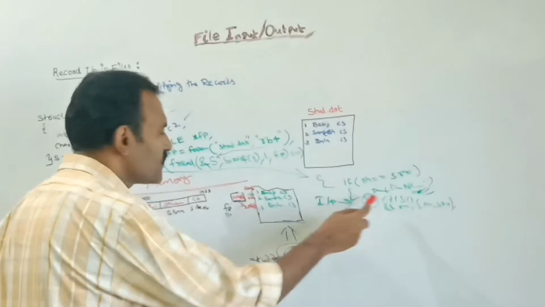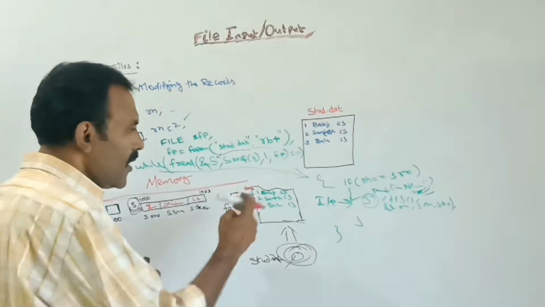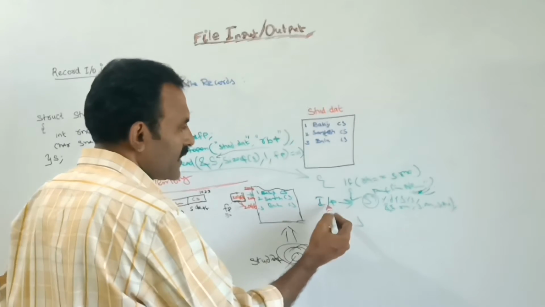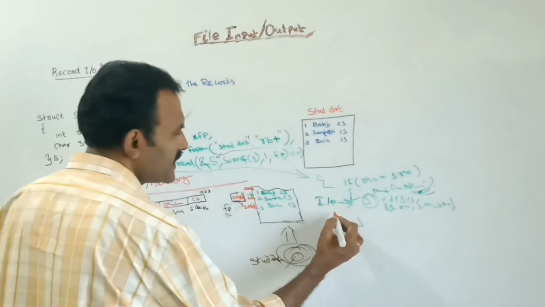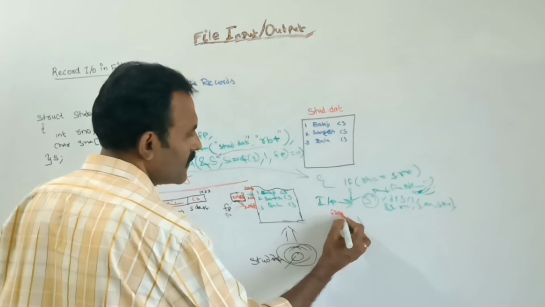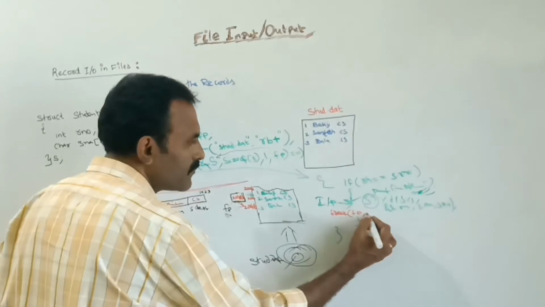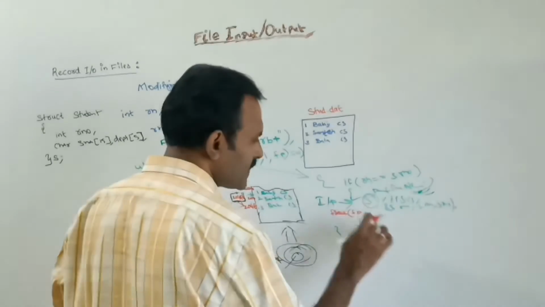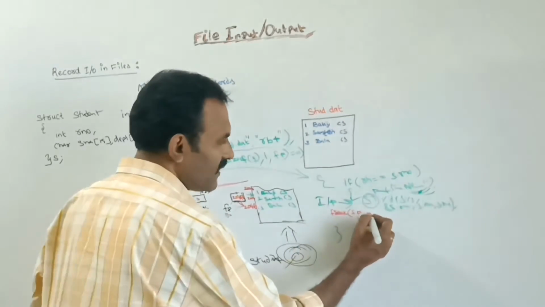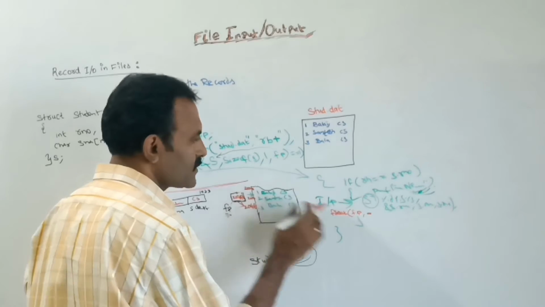After giving the input for this structure variable, now I need to modify the record. So here I am giving the new values for s. Next, by using this fseek function, I am mentioning this file pointer. Here I am giving a minus value, because for reverse we should use minus values, that is minus byte values. How many bytes should we go in reverse? That is one record's bytes. One record is 24 bytes.